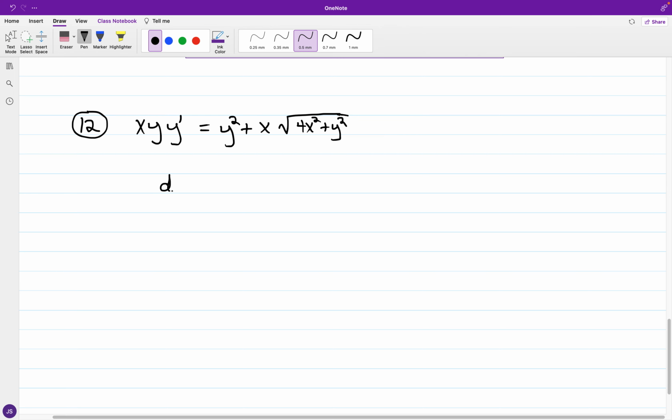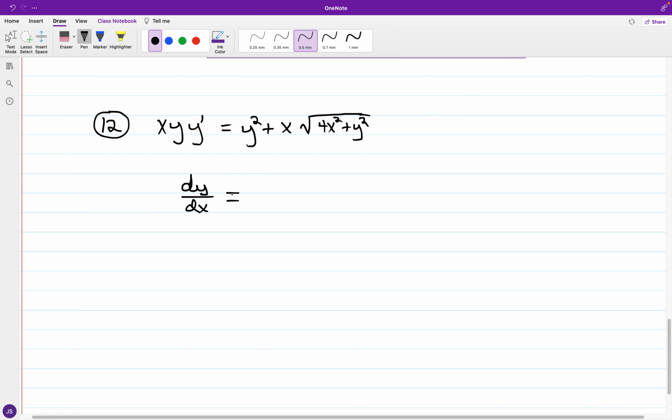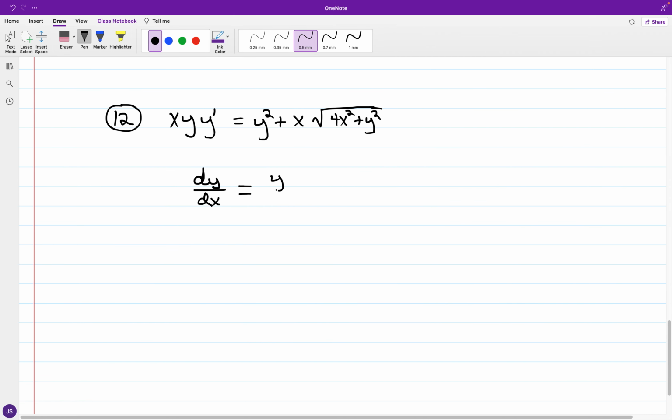And if we again look at isolating the derivative, so you have dy over dx is equal to y squared plus x times the square root of 4x squared plus y squared all over xy